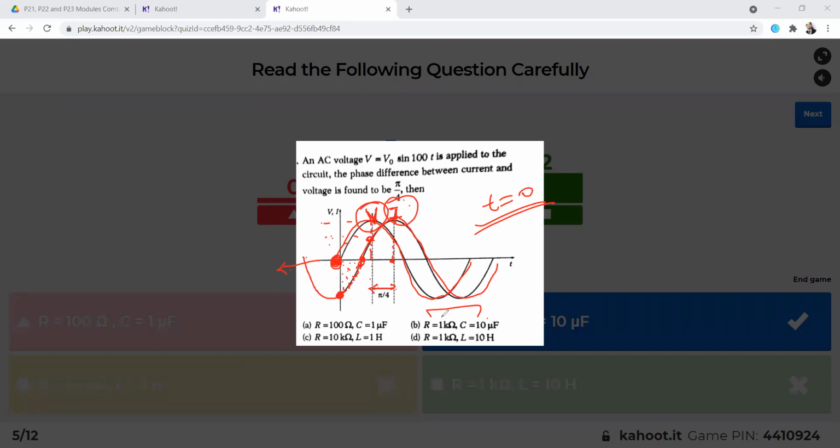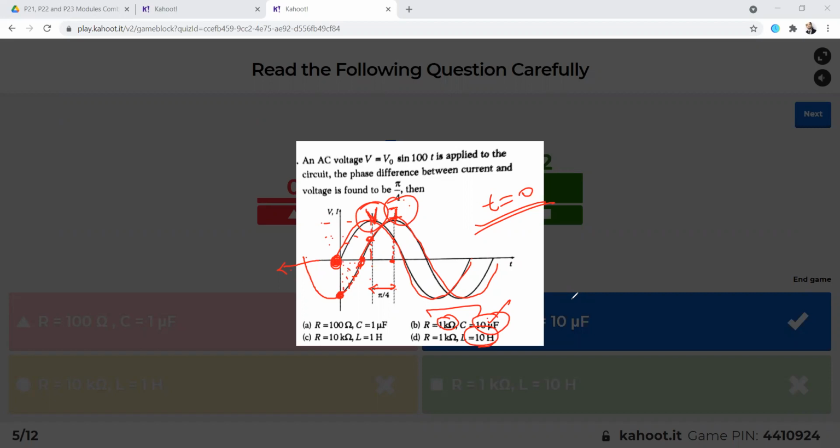But my question is, how have you all got 1 kilo ohm here, and 10 microfarad? Sir, I marked D. We have only seen that the magnitudes of the resistances offered by the capacitor or the inductor are the same. In both B and D this is the same, but D is in micro and this is just in the normal unit. If we take the capacitance value, the capacitive resistance is coming equal to 1 kilo ohm in both option B and option D. Okay, so if the magnitudes are equal, the angle between them will be pi by 4.